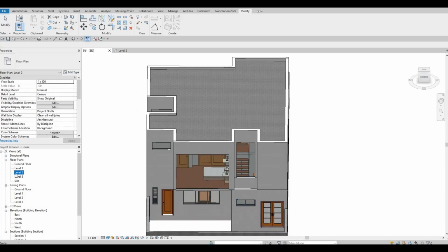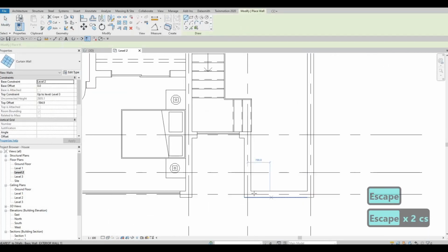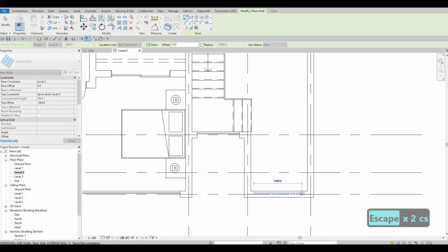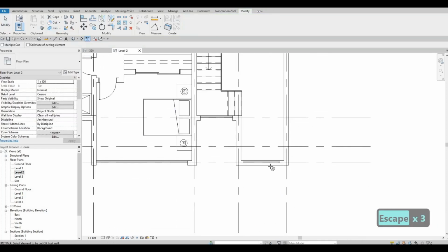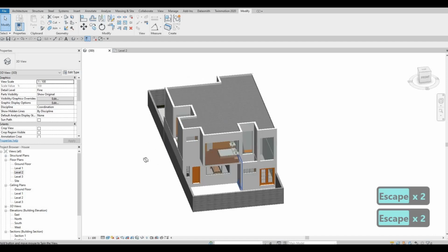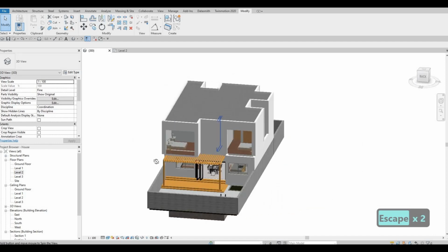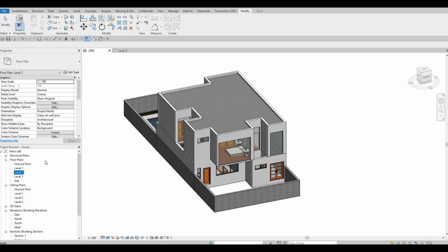And then we need to close that off. And click on cut geometry. We can also add,